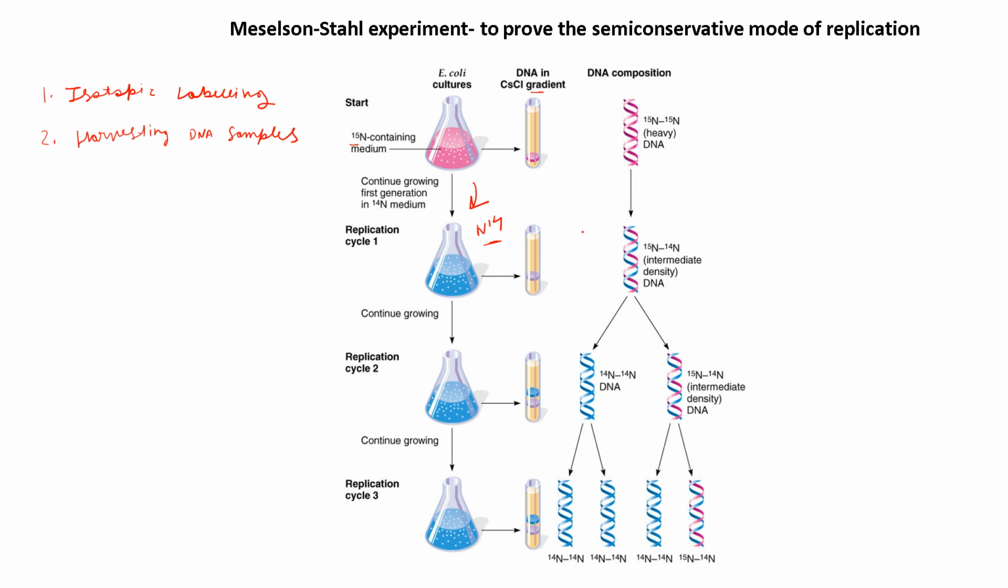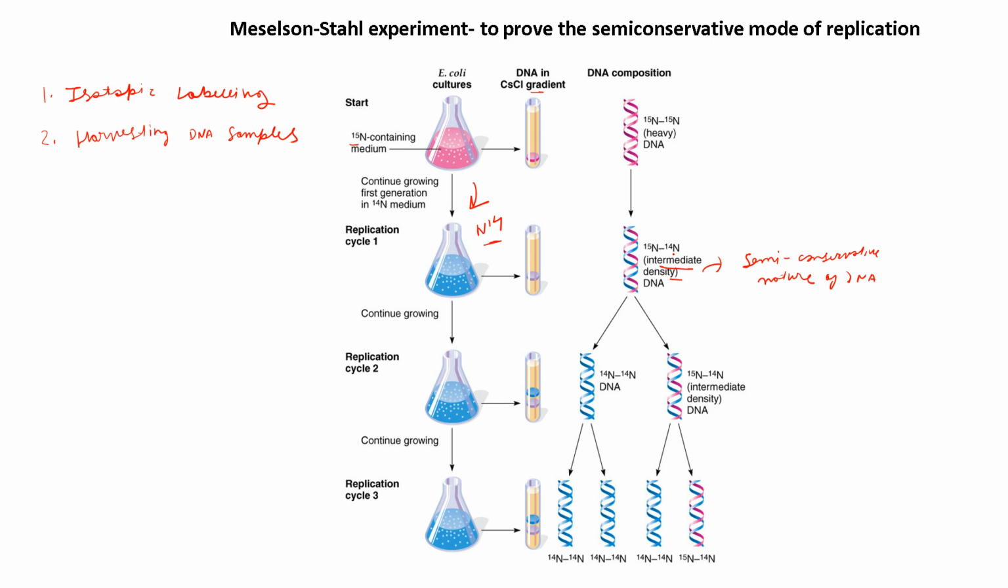Conservative replication would result in two distinct bands, one heavy, one light. Semi-conservative replication would show an intermediate band. So here you got the intermediate band. This shows the semi-conservative nature of DNA, because it is intermediate, because it contains one strand with N15 label and one other